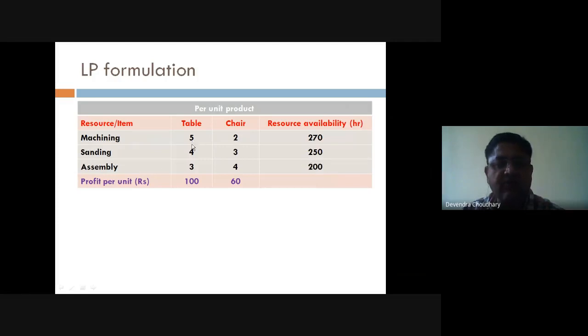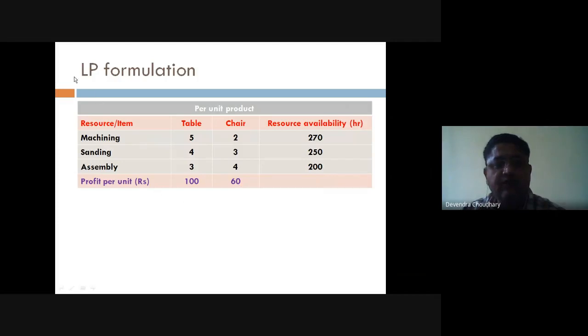And these are the requirements. So a table requires 5 hours on machining, and a chair requires 2 hours. And these are the profits. If you sell a table, you earn a profit of 100. You sell a chair, you earn a profit of 60.